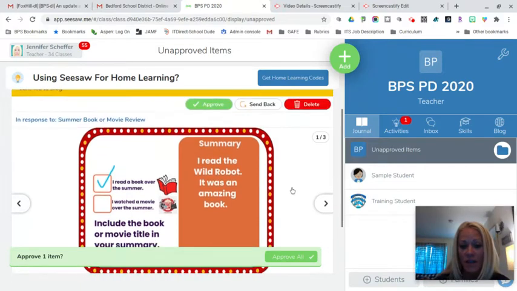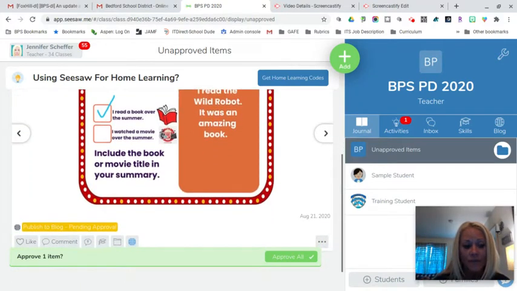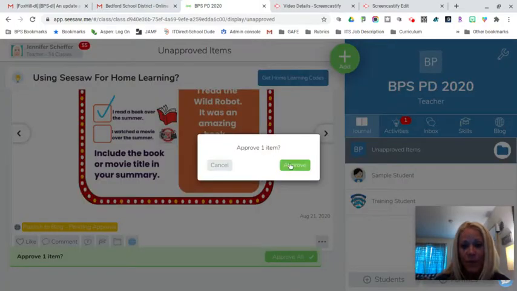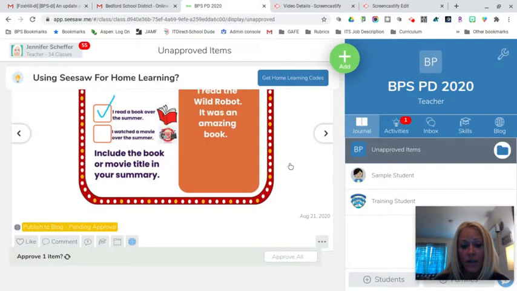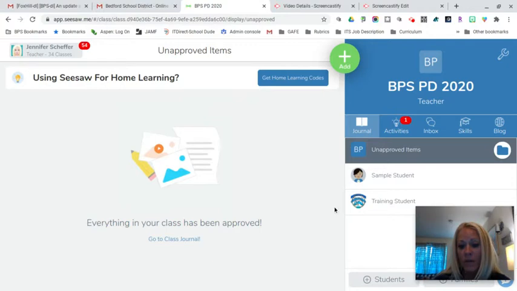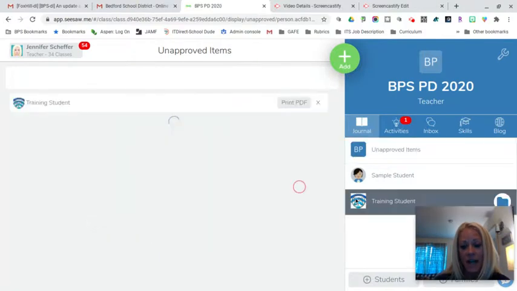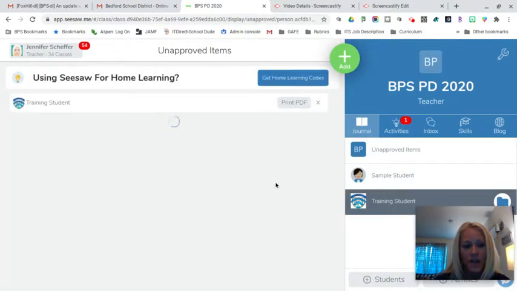So whatever the case may be, once it is ready, what you'll do is you're going to click Approve All. You're going to then click Approve once more so that that item is being published to the blog. So it's going to be published in two different places. I'm going to click on the training student account, and I'll see once that student account loads that in his